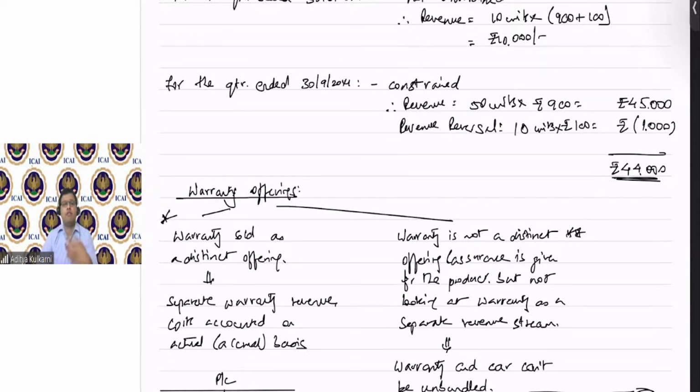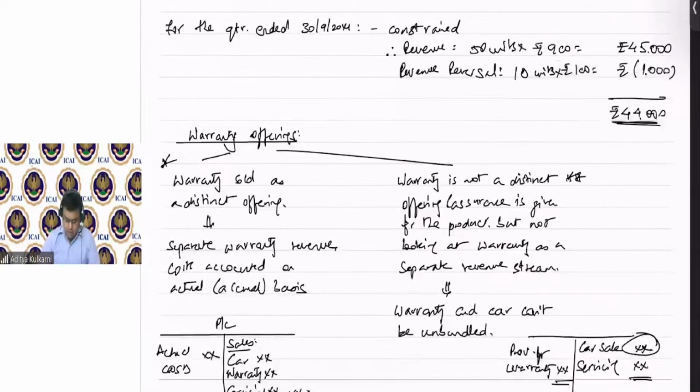They will say, sir, if you buy the extended warranty right now, you are getting a discount. If you buy after 1 year or later, after the car leaves the showroom, we are going to increase the price, because that is how the market is. So it is now actually a distinct offering in its own right, and that is why you will have to treat it as such. It will be a separate revenue stream for which separate costs will be incurred on accrual